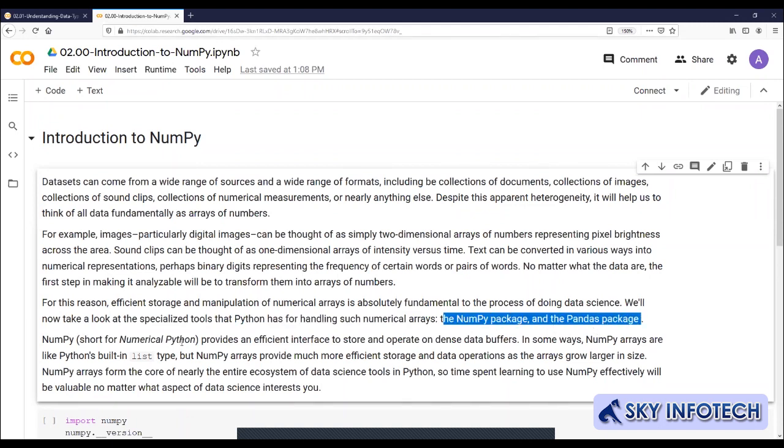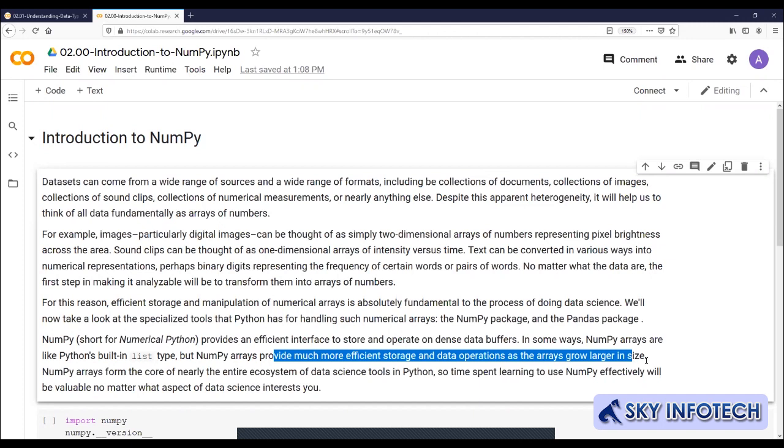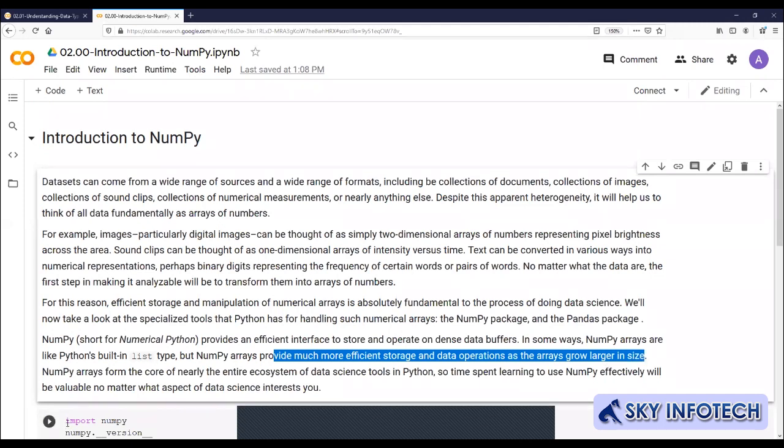So NumPy, numerical Python, provides an efficient interface to store and operate on dense data buffers. Right? In some ways, NumPy arrays basically will be like lists, but they provide much more efficient storage and data operations as the arrays grow larger in size. List we have very limited use.